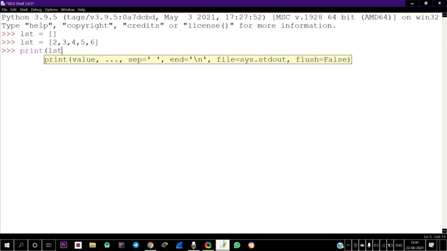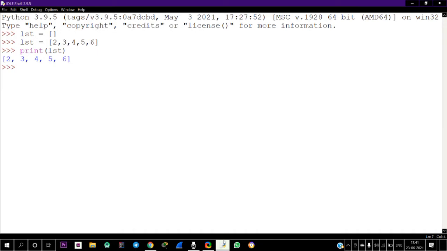See, we got 2, 3, 4, 5 and 6. In variables we have done indexing, so like that we can also try indexing in a list.